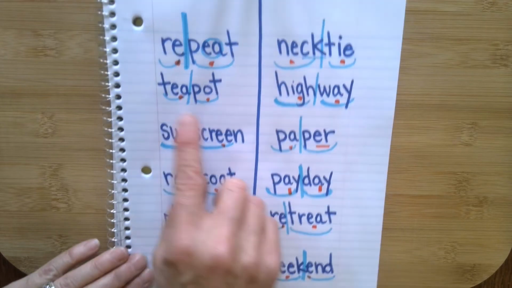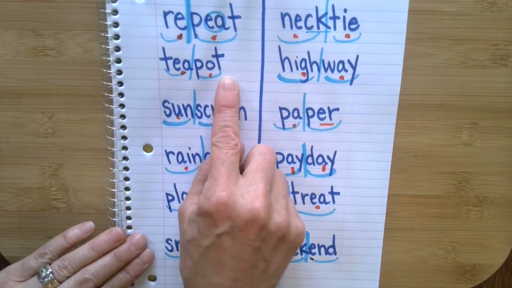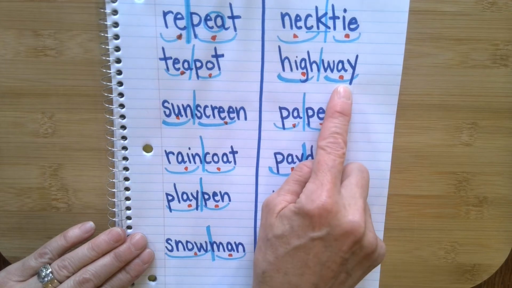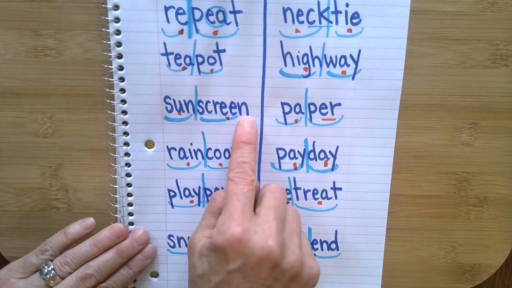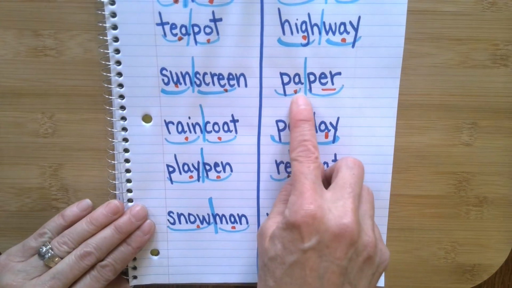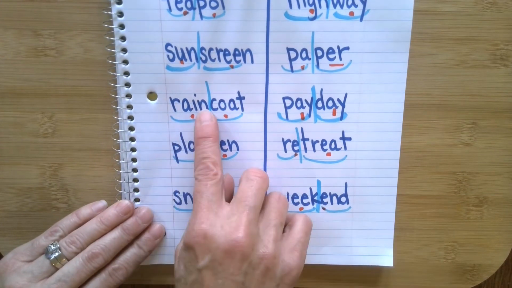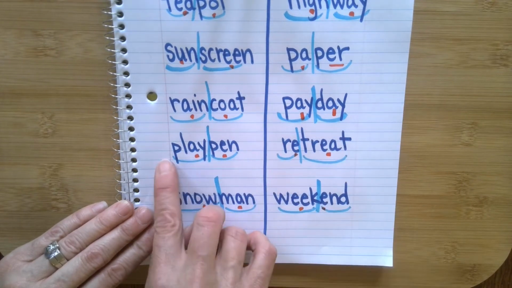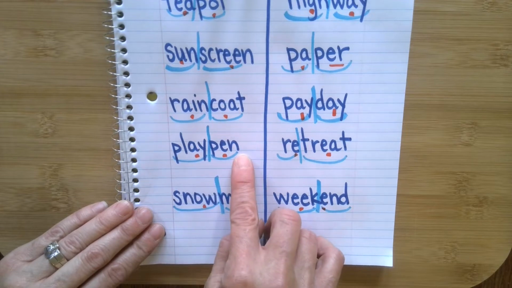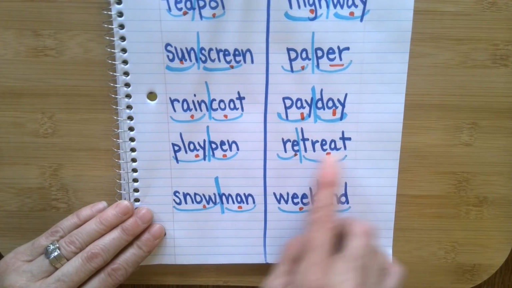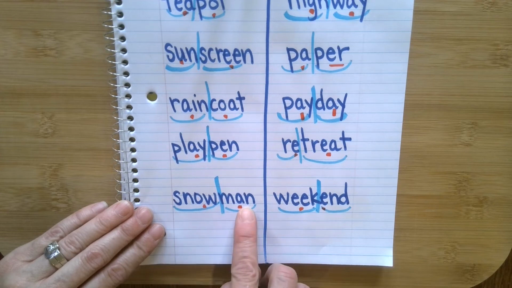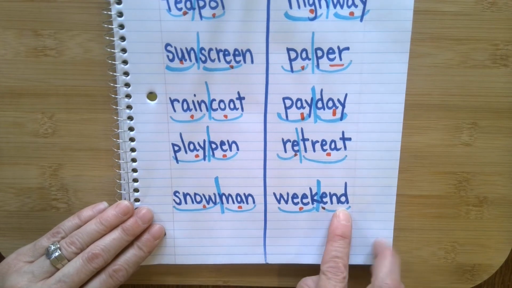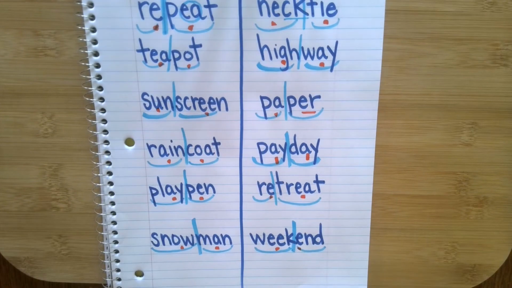Necktie, teapot, highway, sunscreen, paper, raincoat, payday, playpen, retreat, snowman, weekend. So hopefully that helped you by finding the vowels, deciding if it's open or closed, and figuring out if